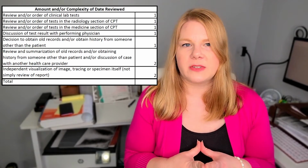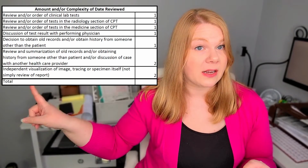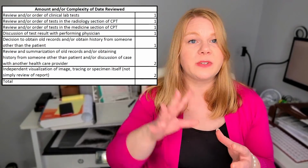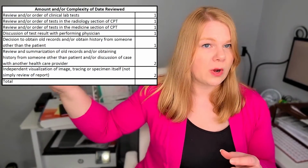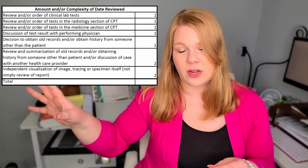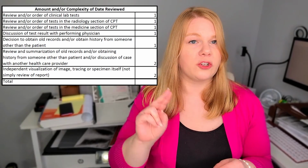Or the patient comes in and maybe they're intoxicated and you can't get a good history from them, but they have a roommate. So, okay, we're going to call the patient's roommate to obtain the history. They're deciding to get that history. That's the decision to obtain that information, which is different than doing the review and summarization, which you get 2